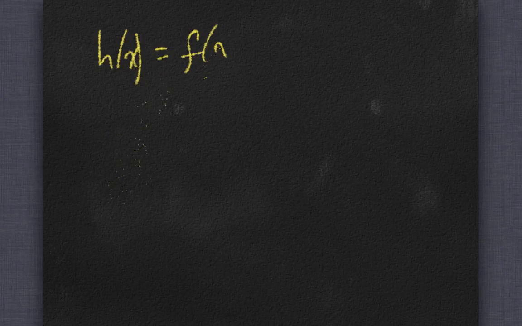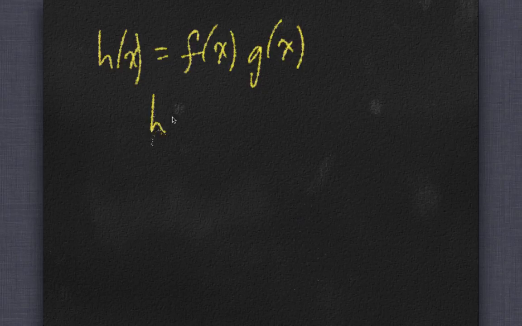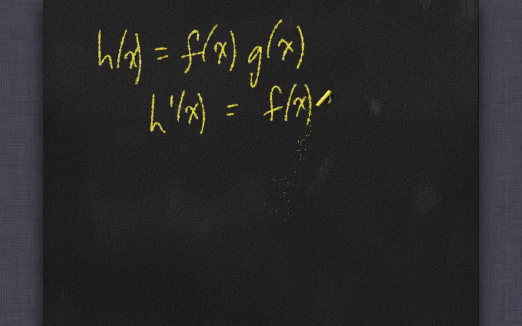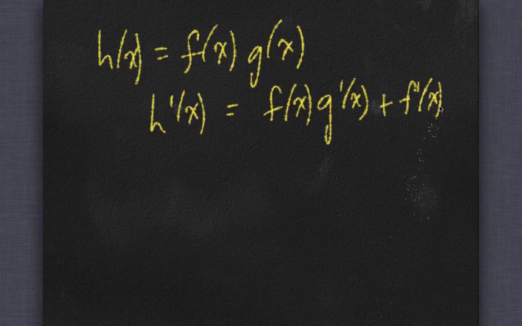Okay, so this is a video about the product rule, which is a product rule for derivatives. And you'll see it written kind of multiple ways. The reason it's called the product rule is because if your function, which we'll call h, is the product of two other functions, then the derivative is one of the functions times the derivative of the other plus the derivative of the first one times the